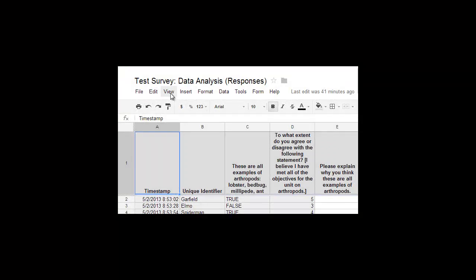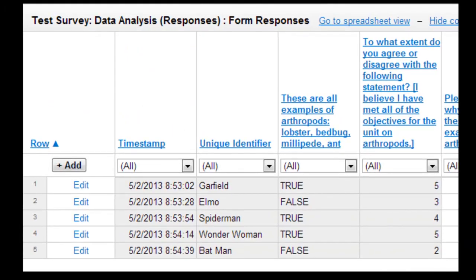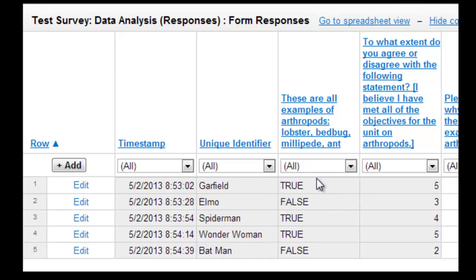Let's return to the post-unit assessment on arthropods. If I click on View and then List, I can see all of the responses. For the question, these are all examples of arthropods: lobsters, bedbug, millipede, ant, I can activate the filter to identify the students who answered false. Here I can see that Elmo and Batman answered false to this question. I can then return to all of my data by clicking All. By returning to Spreadsheet View,